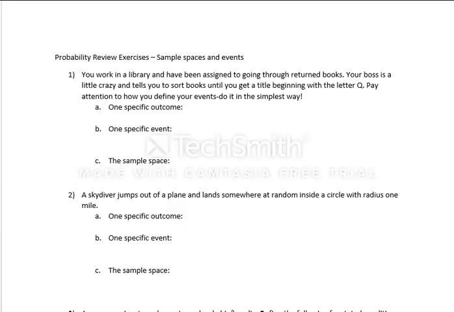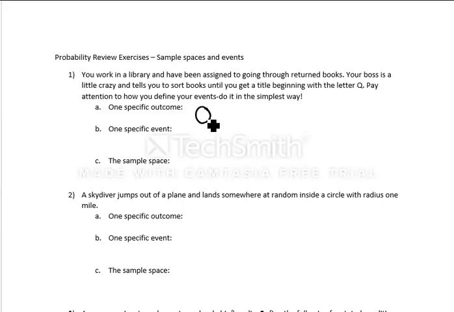Okay, so for these probability review questions about sample spaces and events, here's my sketching out of the solutions. For this first one, with the kind of crazy librarian boss, we might think of one specific outcome. So literally just think of picking one returned book, and let's say it is Huckleberry Finn. Clearly that title does not begin with a Q. That begins with an H, and so you would maybe use notation like this